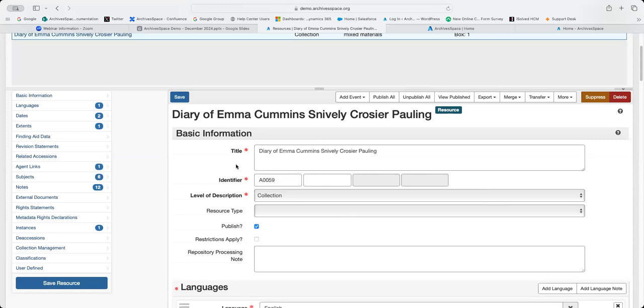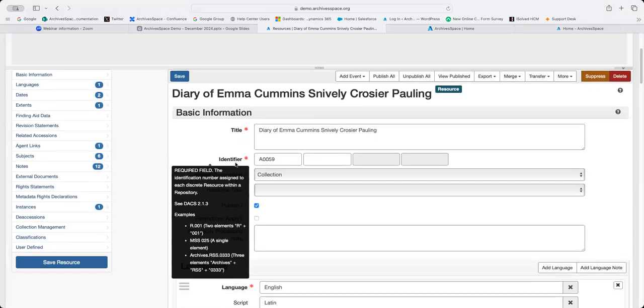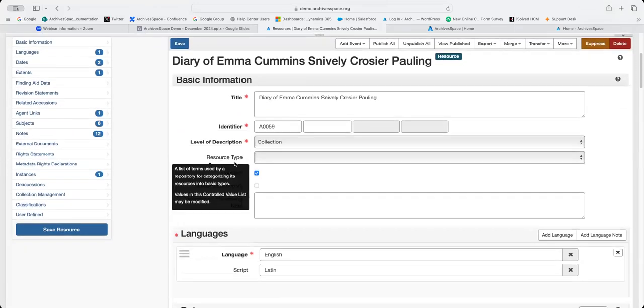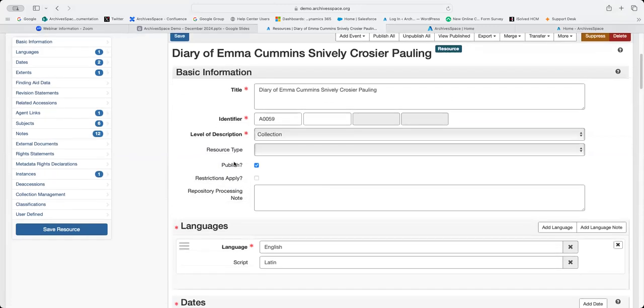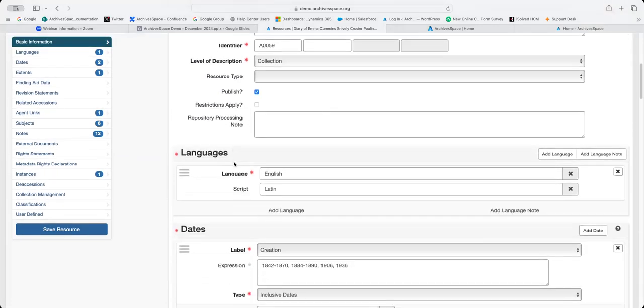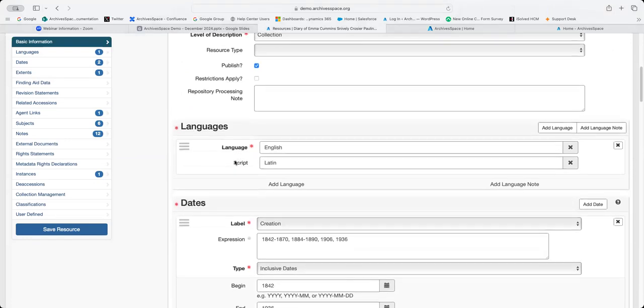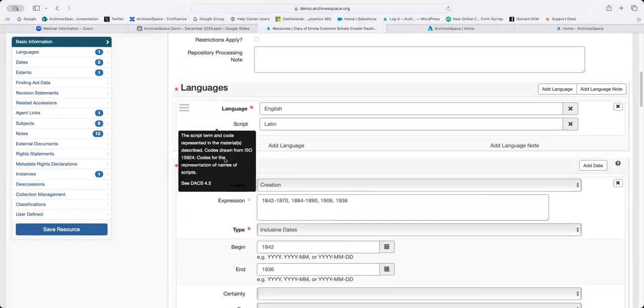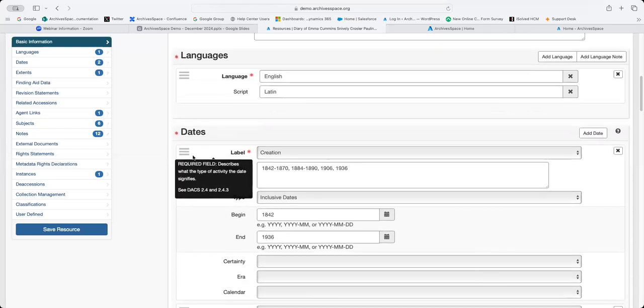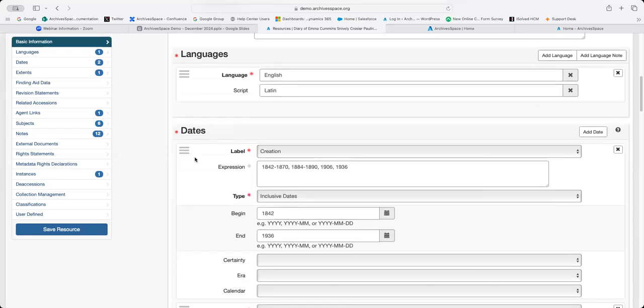So you can add a range of descriptive elements. I'm going to start scrolling slowly. You can also add notes, like rights statements, and you can also link different records to your resource record. Resources can be supplemented with context and by linked related records like your accession record.